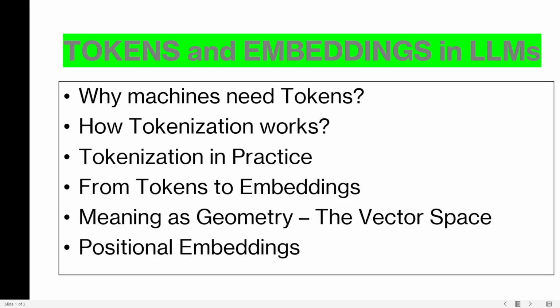Crucially, these embedding vectors are not hand designed. They are learned during training. Initially, they are random, but as the model trains on massive amounts of text, it adjusts these vectors so that they capture meaning. How? Because the model's task, predicting the next token, works better when related words have related embeddings. Through training,